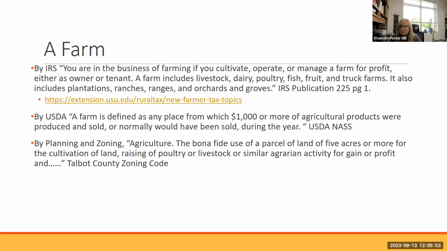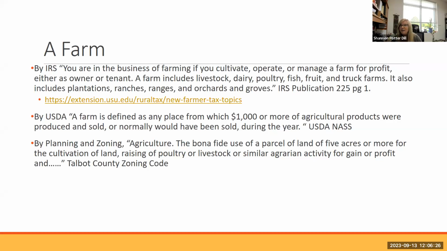I also shared here some of the other definitions that you might see of a farm. The USDA Ag Census says that a farm is defined as any place from which $1,000 or more of agricultural products are sold, and normally would have been sold during the year. And if you work with any USDA NRCS programs, they might define that even more specifically, such as number of animals or some of those things. I also popped in there our Talbot County code or zoning code.